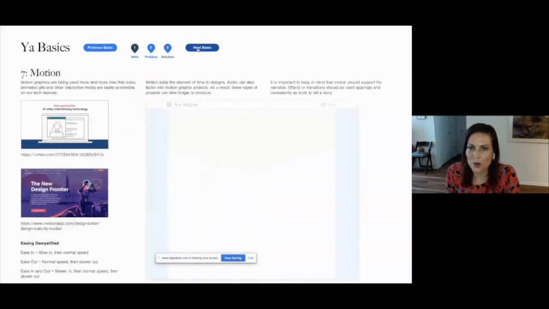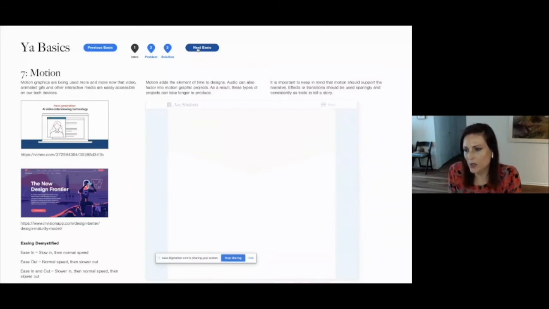Okay, so motion. This is design plus time. Motion really does add a lot to the design process. I do find that with projects that involve motion, sometimes it's an animated SVG image on your website, or an animated illustration, or sometimes it's a video, or a social tile that's got a recording or motion to it.